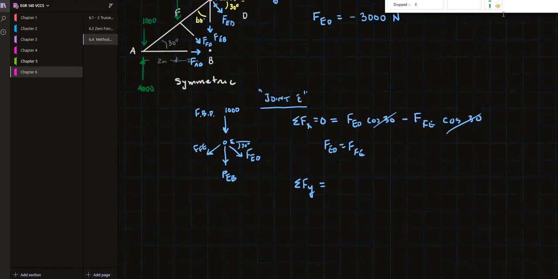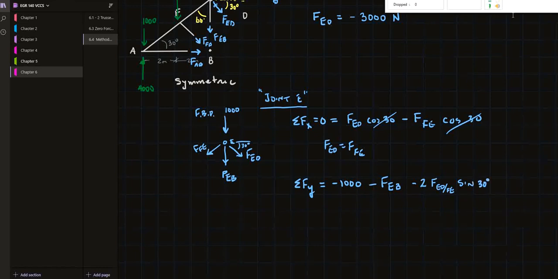Now for sum of forces in y, I get minus 1,000 minus force EB. And then I've got these two guys here, and both of them point down. So we've got minus, and they're both equal. So it's 2 times the force in ED slash FE. So 2 times this force times the